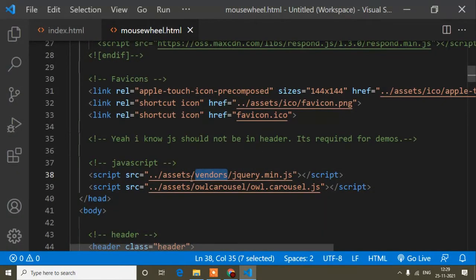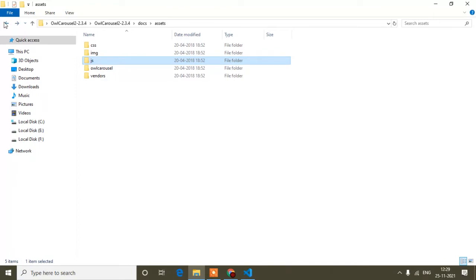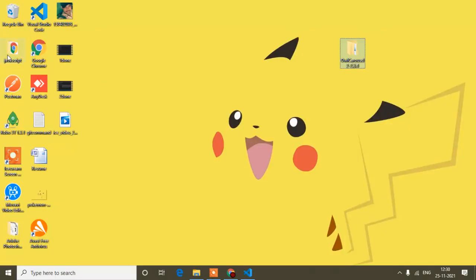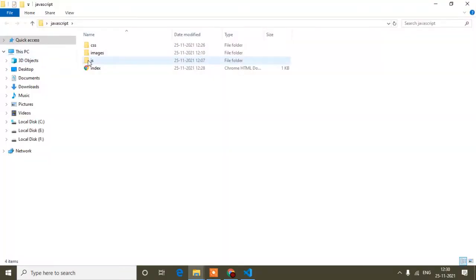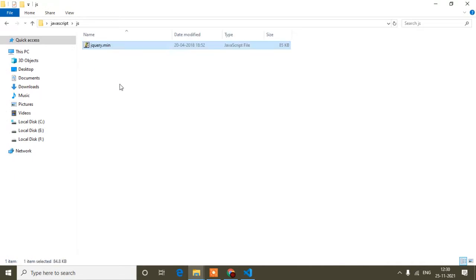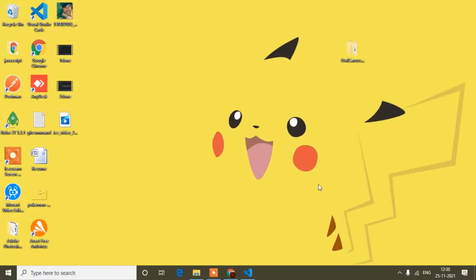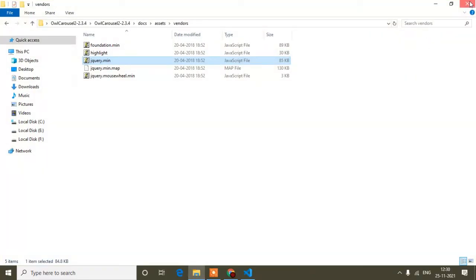Okay, so assets then vendors, then this one, jquery.min. So this one I will copy, and I have to open my folder, this is JavaScript, and this is the JS part. So in the JS folder I will paste this one. Okay, so one is done, and I will close again and check.